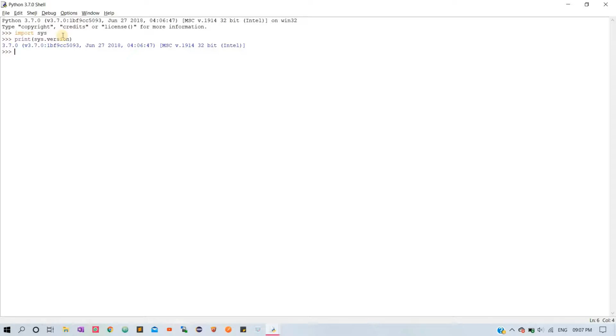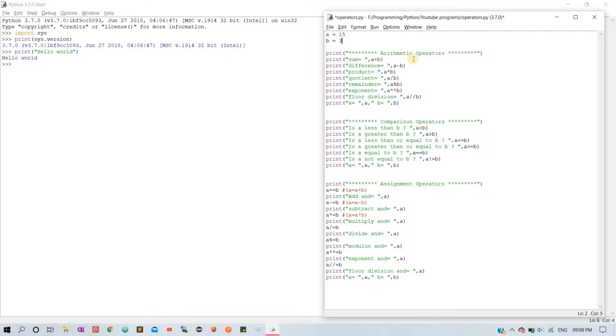I'm using Python version 3.7.0. Next, let us check a sample hello world program in Python to check whether the shell is working properly.